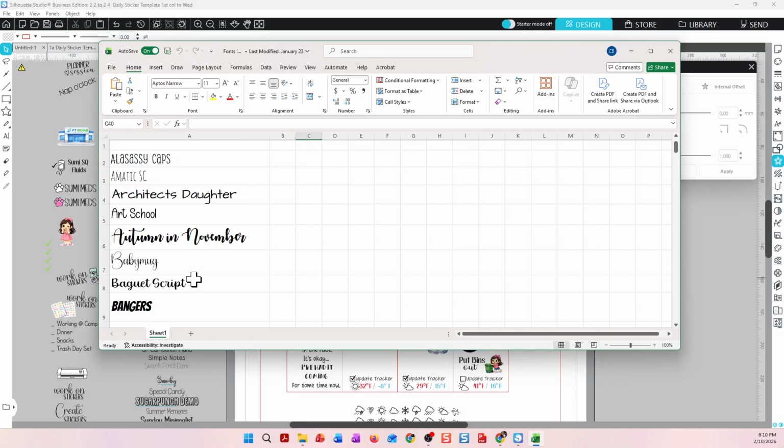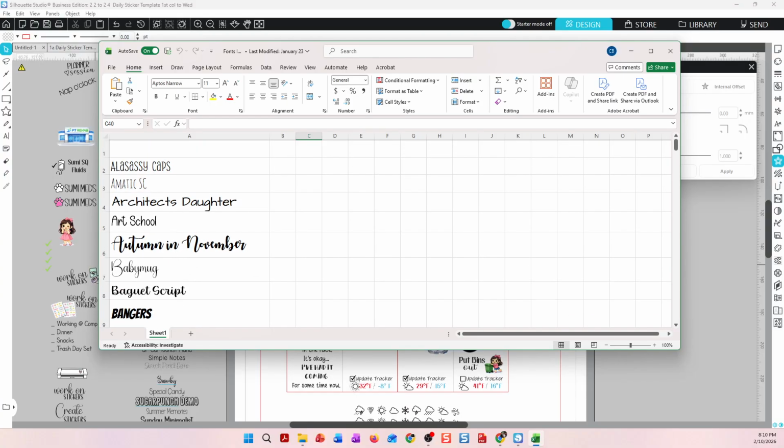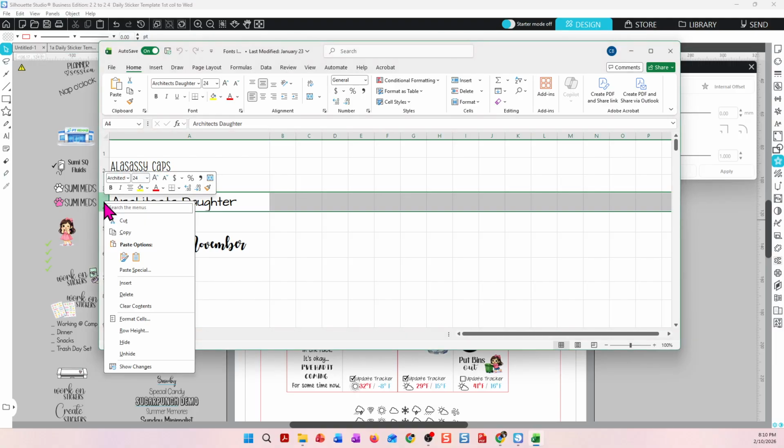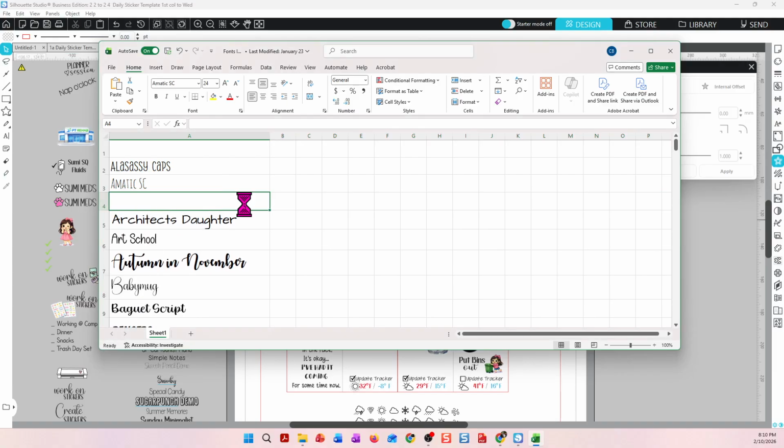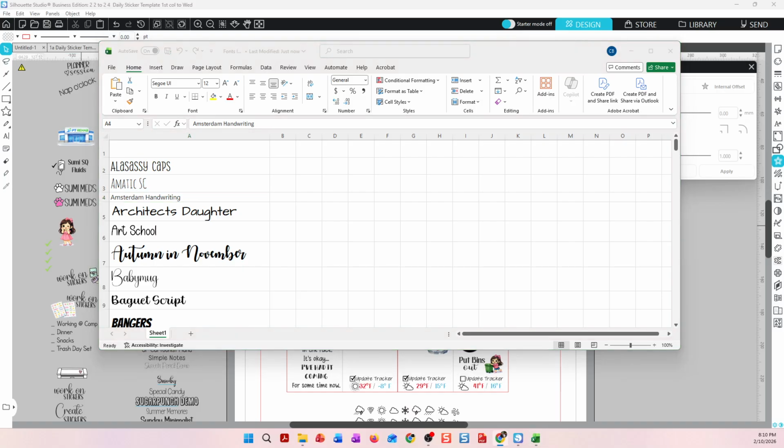So once I do get them loaded, I just go ahead and I put, so I want the Amsterdam, and so I'm just going to insert, and then once I download the Amsterdam font, and I actually save it to a different drive. Give me just a second here. Okay,